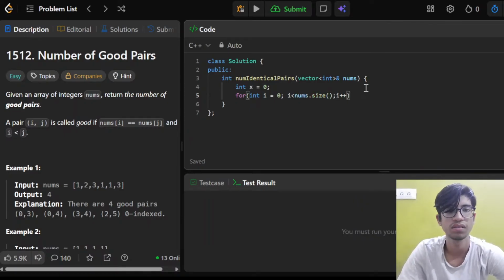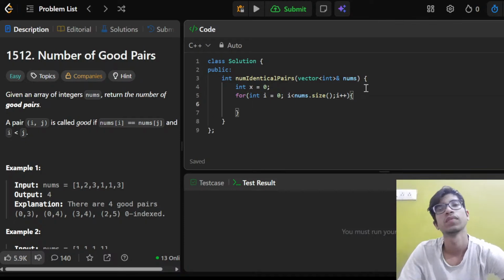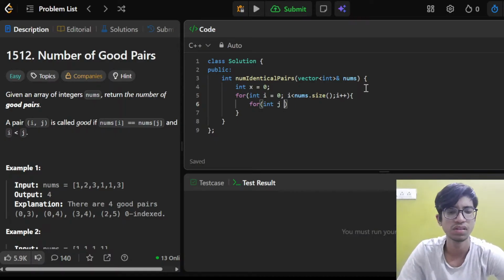to nums size, i plus plus. So now for int j is equal to i plus 1, okay, so right here minus 1 and here nums dot size and then j plus plus.